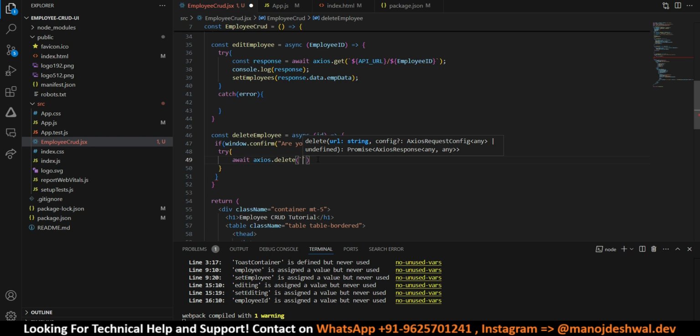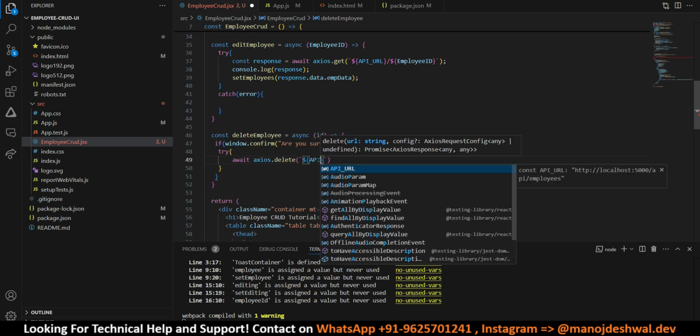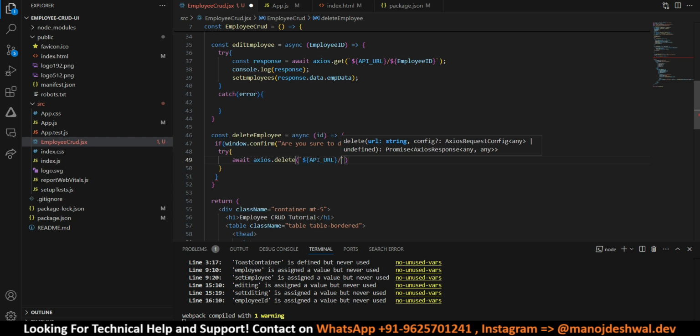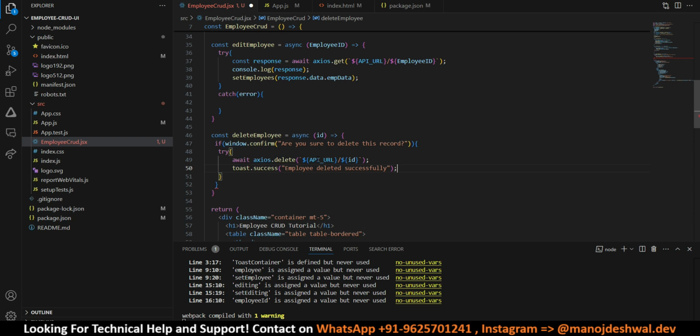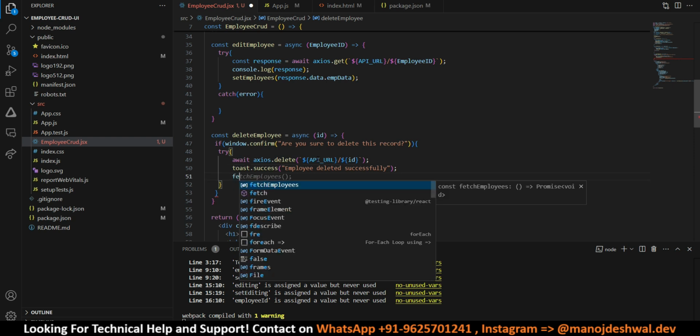Again, we have to append our employee ID with our main API. So API URL slash dollar and our ID, and toast dot success. And after that, let's call our fetch employees,